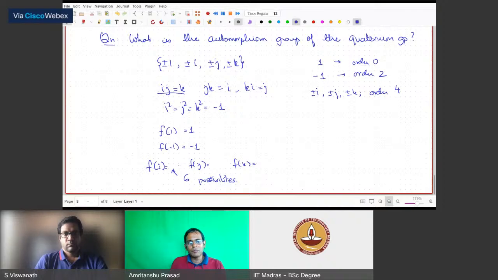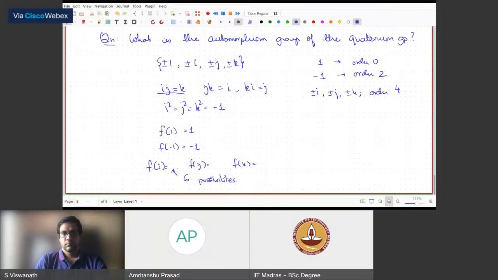So one thing, for example, if f of i is i, then f of j cannot be minus i, because i inverse is minus i, and so you cannot take j to the inverse of i. You cannot take f of j to be the inverse of f of i, because j is not the inverse of i. So maybe I won't spoil the entire fun for you, but